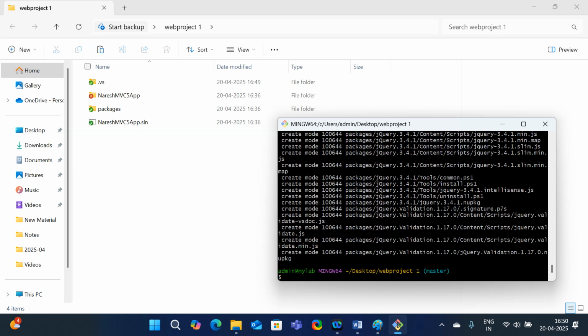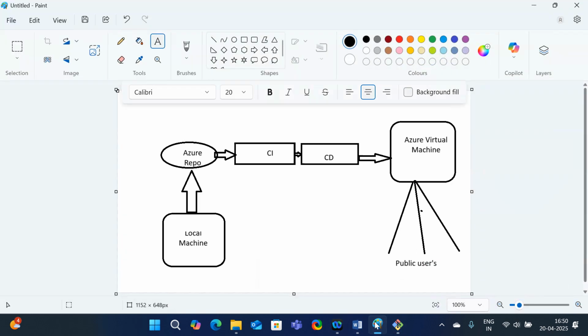And it is going to commit your code. Once your commit has been successfully done, if you observe, all the files will turn green, which means each and everything is good. So right now I have the code readily available on my local machine. So what I will do, as per the pictorial diagram, is push the code from my local machine